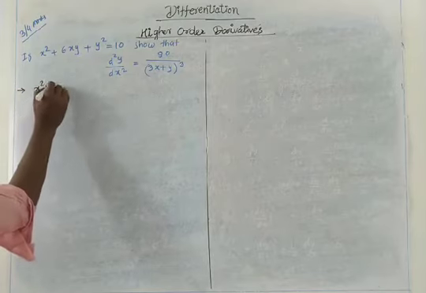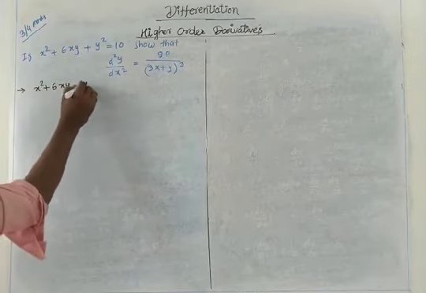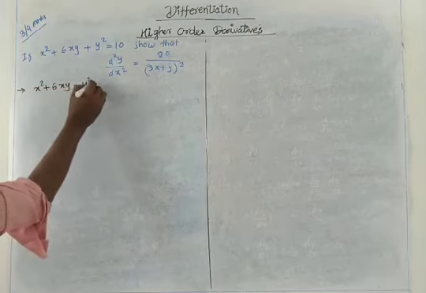So x square plus 6xy plus y square is equal to 10. This is the given equation number 1. So let's begin with the derivative of the given equation. So differentiate with respect to x. So we will get d/dx of x square plus 6xy plus y square is equal to d/dx of 10. Start with the derivative. So the derivative of x square is 2x plus 6 into the derivative of x into y. So we have to apply the multiplication rule here.